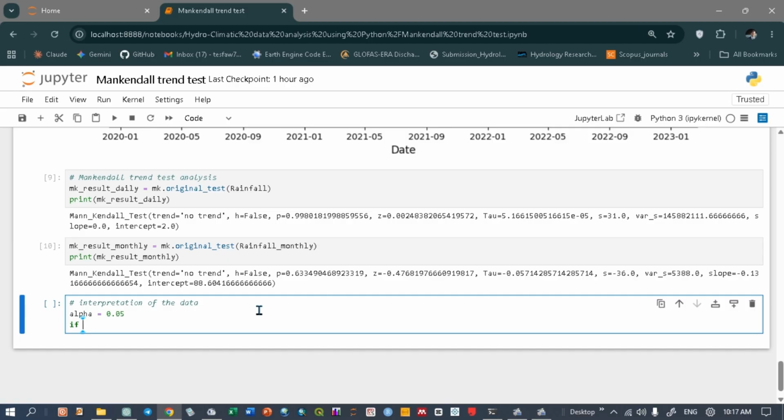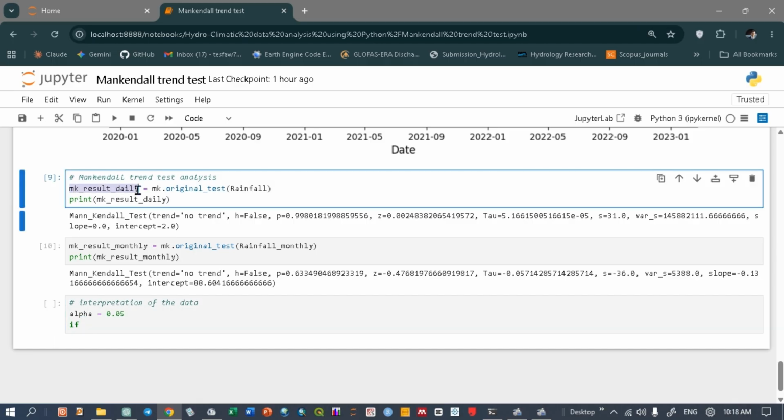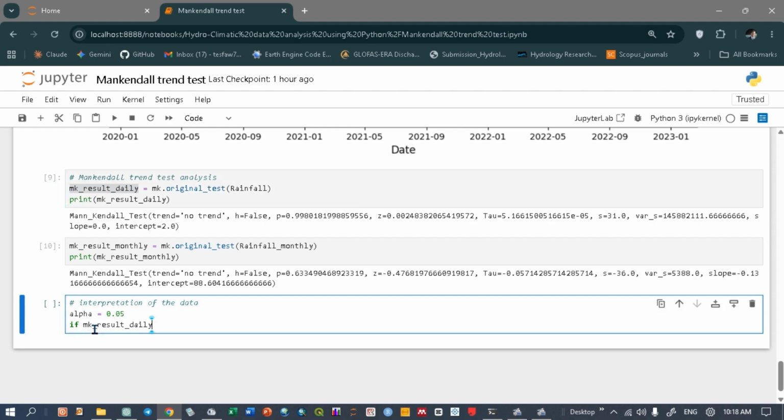So I think you have some Python background on how we can write if conditions. If the Mann-Kendall result of the daily base, let me copy this one, dot p value is less than alpha or 0.05, less than alpha,